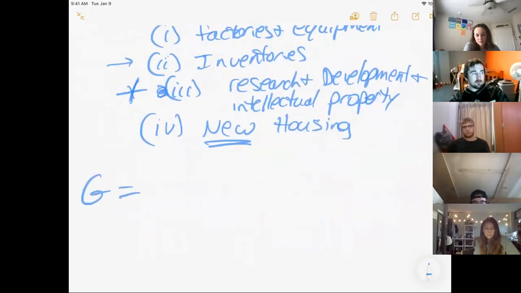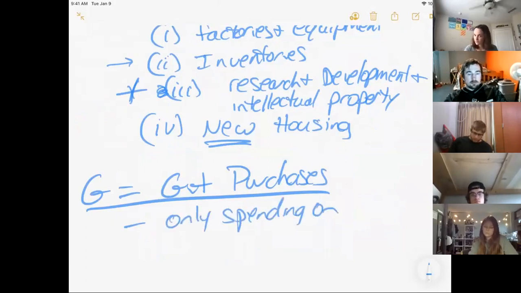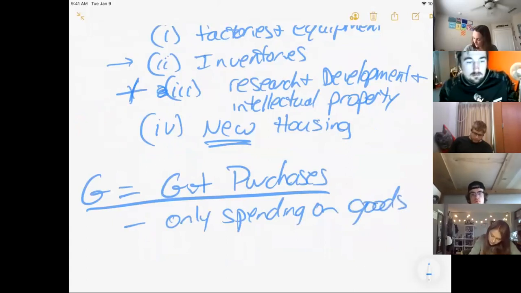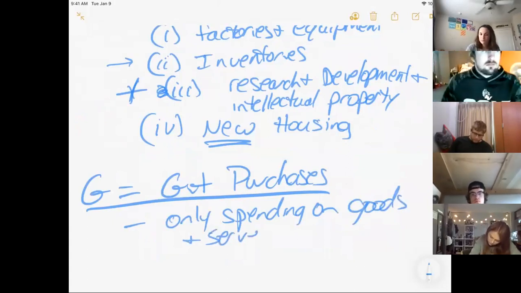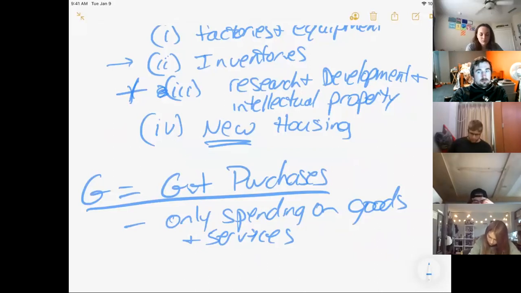G, what's G? Government purchases. Okay, government purchases is different than government spending. Government purchases is just spending on goods and services. It is not